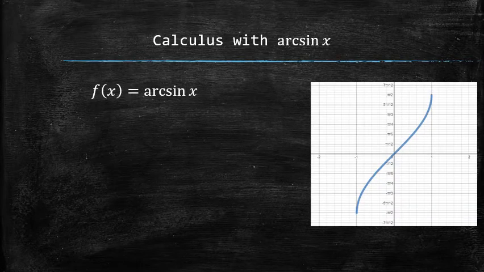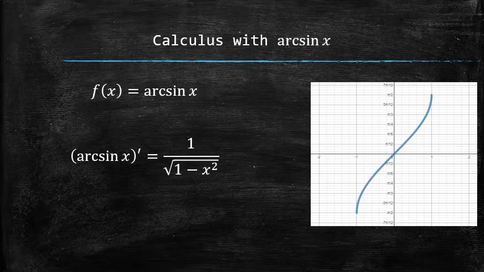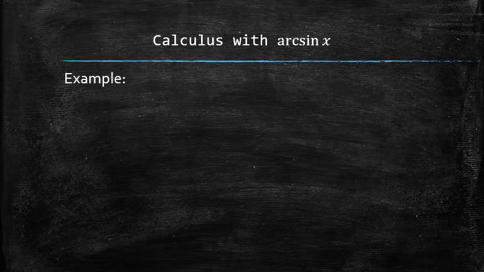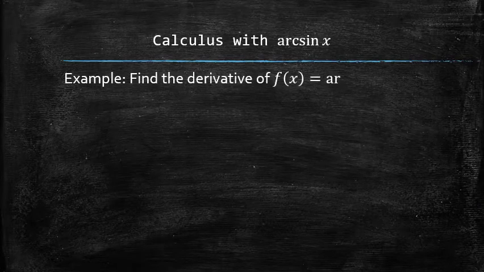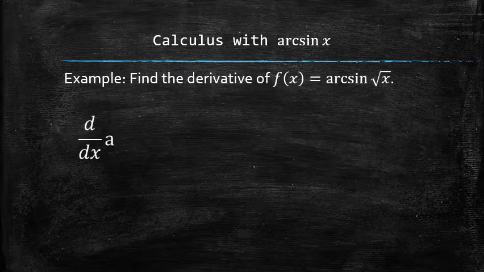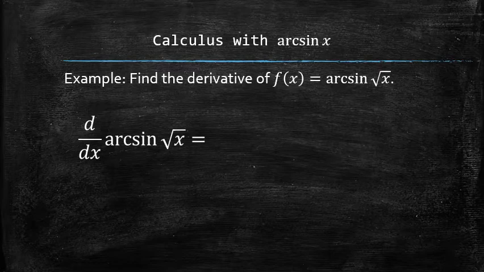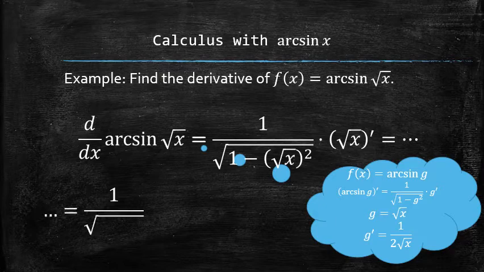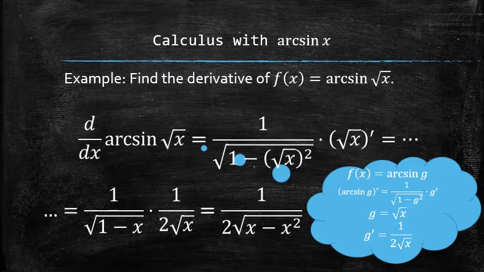In summary, we now have the formula for the derivative of the arcsine function, as well as the formula for the antiderivative of its derivative. Now we can find the derivative of the following function. We start the process by recognizing that we have to find the derivative of a composition of the arcsine function applied to the radical function, which is equal to the following expression, in which we know how to find all the components. We get the final answer after simplifying.